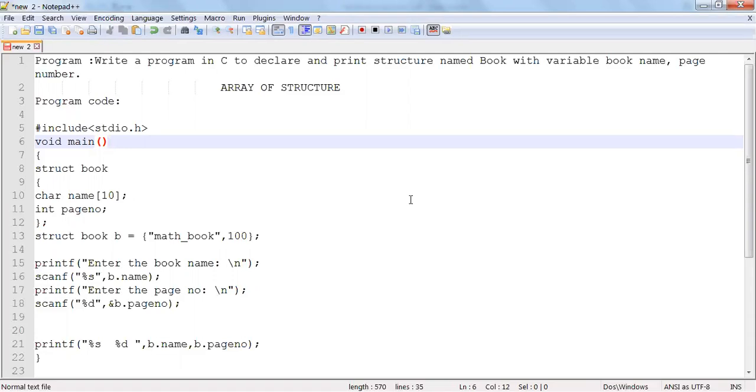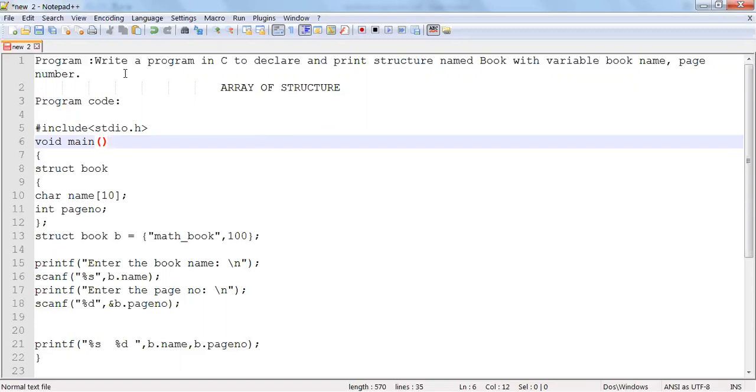So in this video I am going to discuss array of structure. By name, an array is a contiguous memory location that will store values. What is the value? The values are of structure type. Before going to this, we will go through a simple program that we have already implemented, and I will change that program into an array of structure in this particular video. We will make the real change.